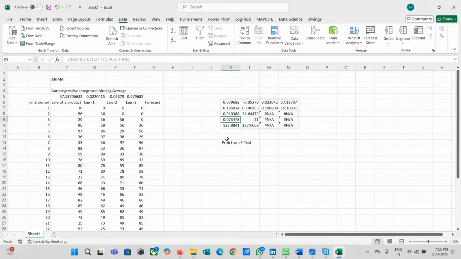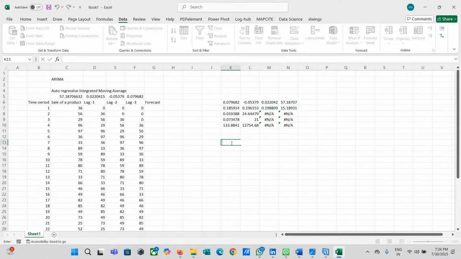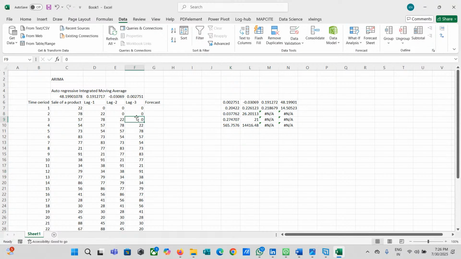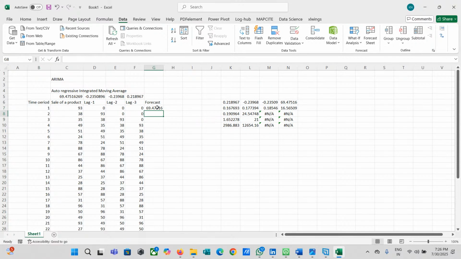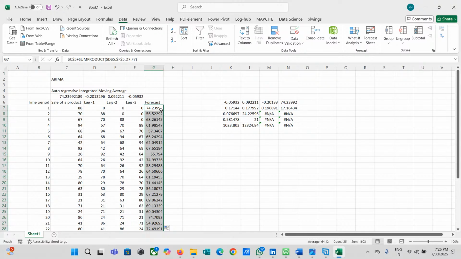Now if you look at the 7%, this looks very significant now. So R square 1%. Okay. So what I'm going to create is the forecast here. Now I'm going to take my intercept here. The intercept is F4 plus SUMPRODUCT, the sum product of my coefficients. I'm going to freeze them, comma, take my variables here and create the forecast over here. So if you look here, I'm getting a forecast now.